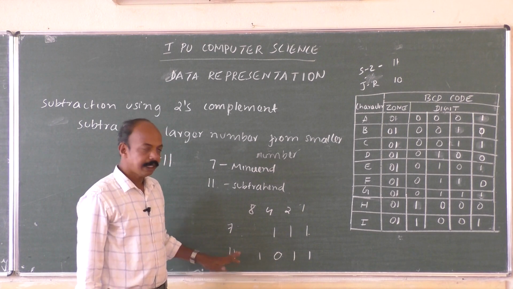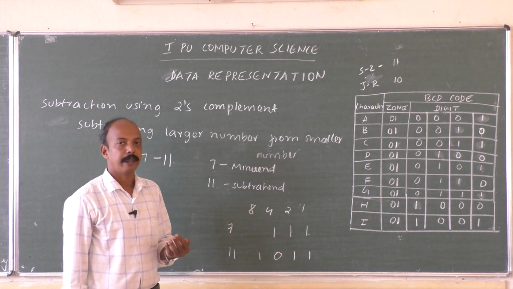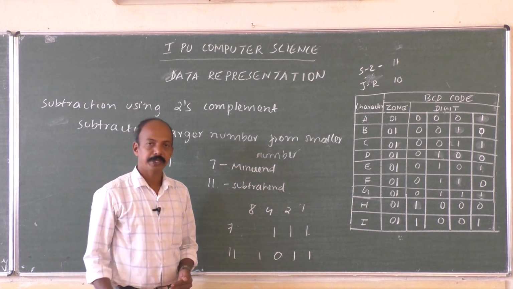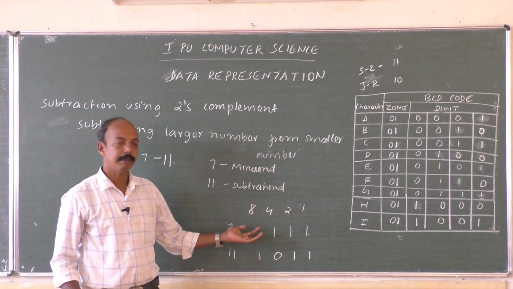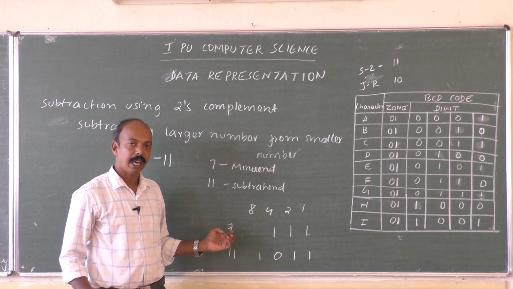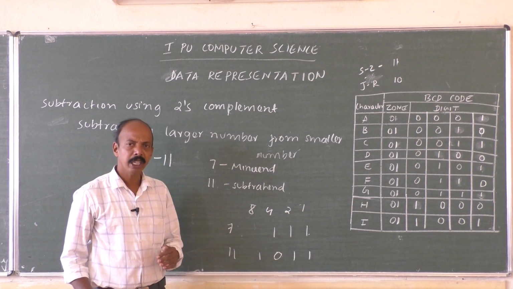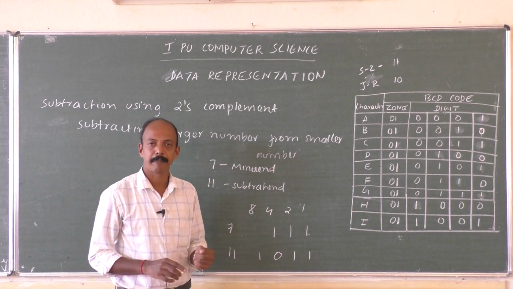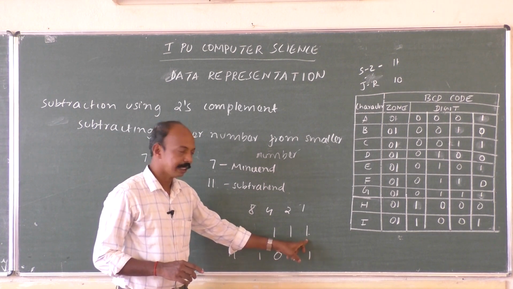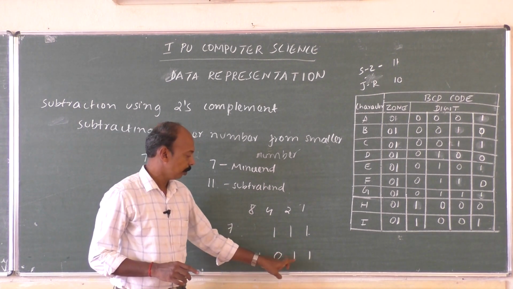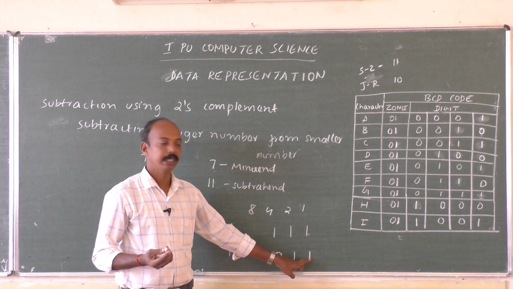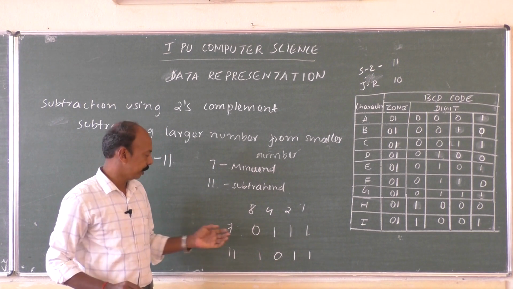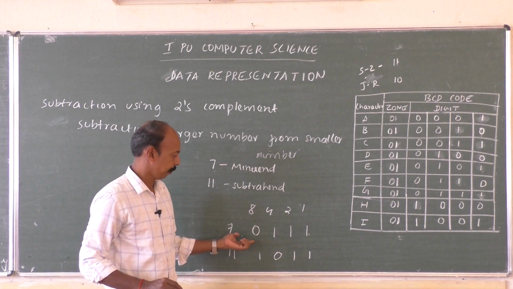Once again, we have discussed in the previous classes, but let us recall it. Whenever we are going for subtraction using 1's complement or 2's complement, the first thing that we have to check is whether the number of bits in both the numbers are the same. If not, make them equal in size. Size in the sense number of bits. So here it is 1 1 1, there are 3 bits. Here 1 0 1 1, that means there are 4 bits. So we shall add a 0 to the left side. When we add 0 to the left side, the value doesn't change, that we know.